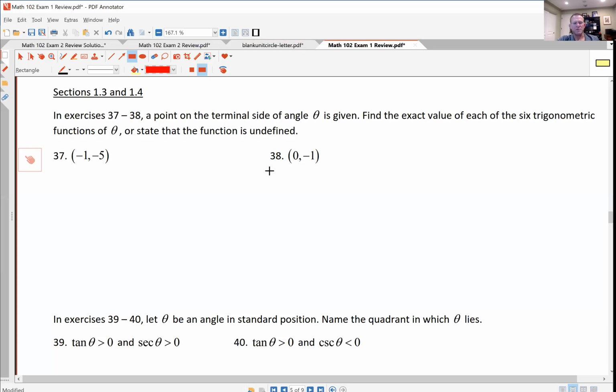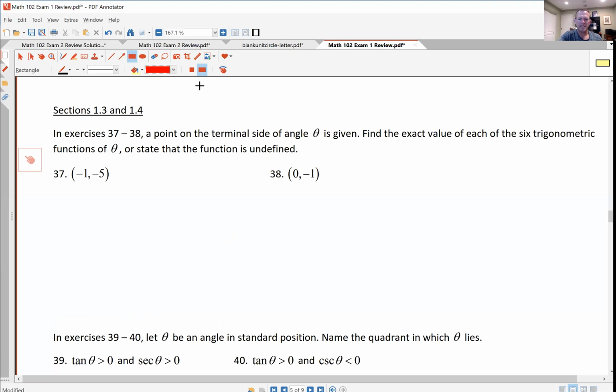So here's the review for sections 1.3 and 1.4. For sections 1.3 and 1.4, this is where we start getting away from the trig functions of only acute angles. We want to be able to take the trig functions of any angle. And so in 1.3, we introduced this idea